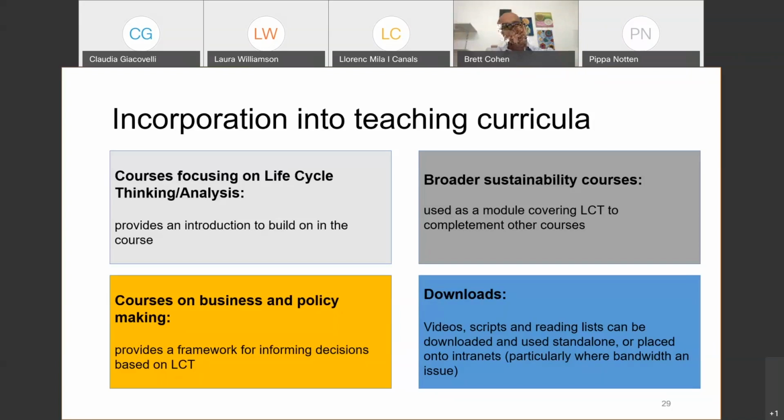And then the final area used in teaching curricula is that an academic might choose to just dip into certain components of the course. Because all the videos and scripts and reading can be recorded and used again, used standalone or placed onto your own intranet, if you're worried about bandwidth issues, you could say to students, just